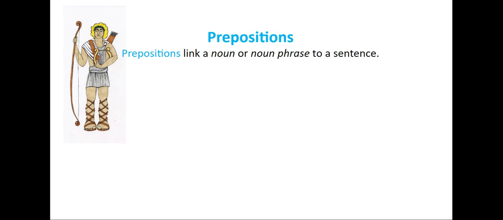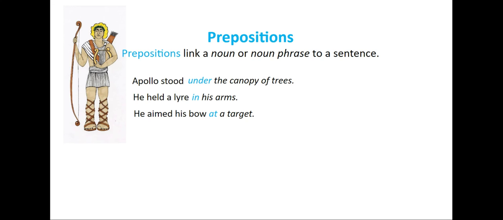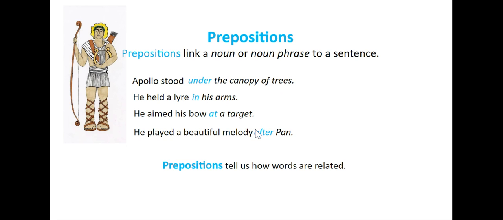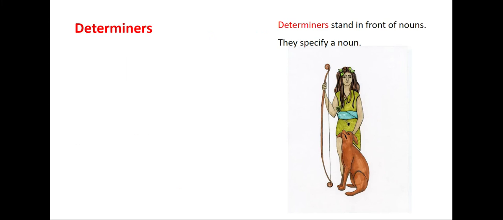Another group of words we have are prepositions. Prepositions link nouns or noun phrases to a sentence. So Apollo stood under the canopy of trees. He held a lyre in his arms. He aimed his bow at a target. He played a beautiful melody after Pan. So prepositions, once again, link a noun or a noun phrase to the sentence. A preposition basically tells us where, how, or when something's happening. All right, clue for